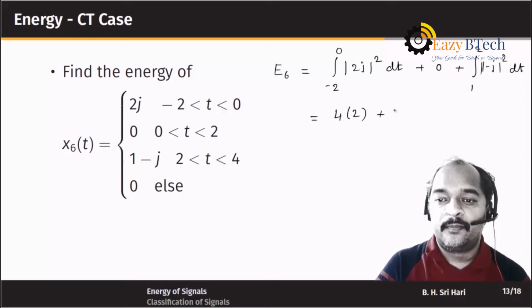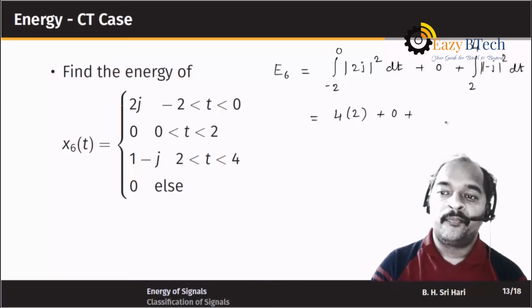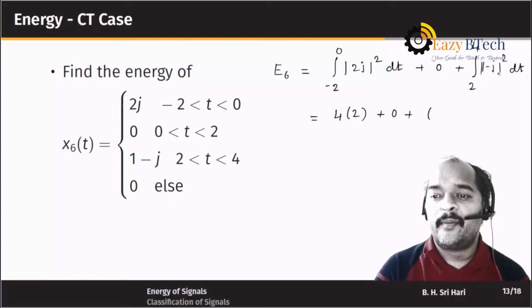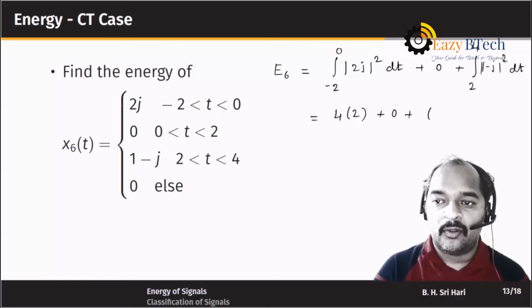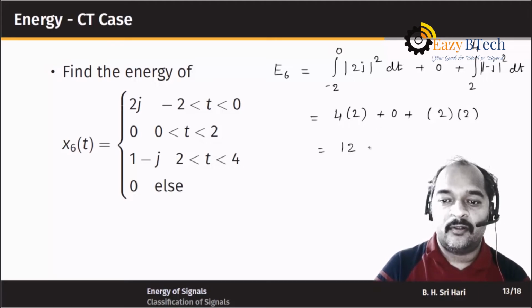That is the first term plus 0 plus... sorry, the integral limits are 2 to 4, right? So this integral's limits are 2 to 4. Okay, so this would be equal to... 1 minus j, modulus is root 2. Root 2 whole square is 2, times 2. So that turns out to be 8 plus 4, which is equal to 12 units, and this fellow is